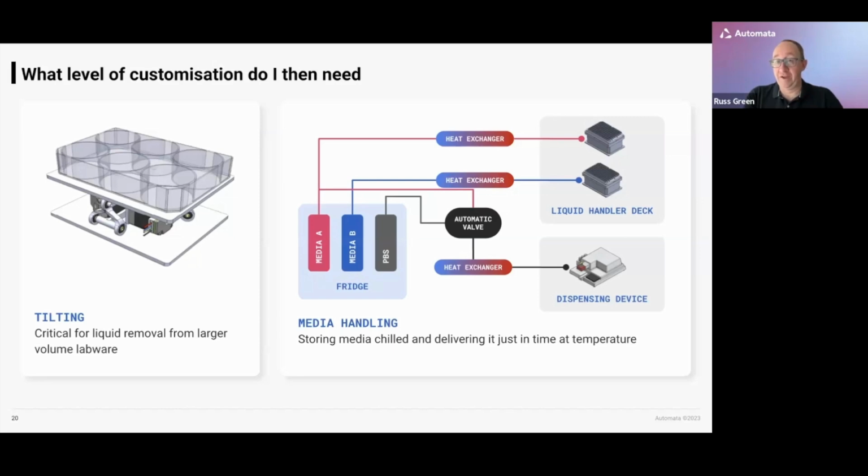And then we also have a dispenser, which is having one of those medias pumped through it, but also has to have the option of having a wash buffer pumped through it to be able to clean it of media as well. So there's a bunch of different things to think about, but this is the kind of thing we would work with you on as part of our solution development when specifying an automated system. But at least at this stage, we've now limited the number of choices we have to make about really specific customizations to just a handful.